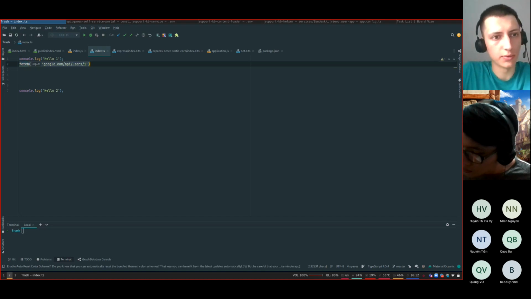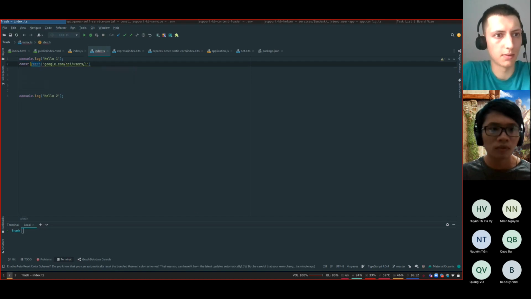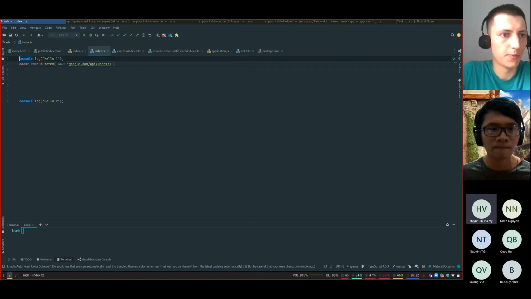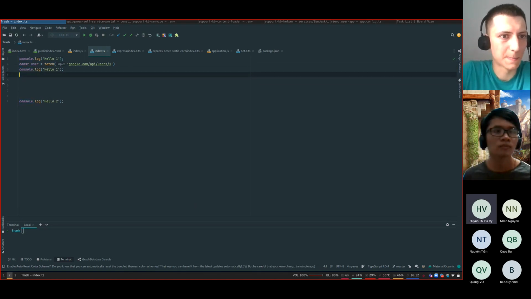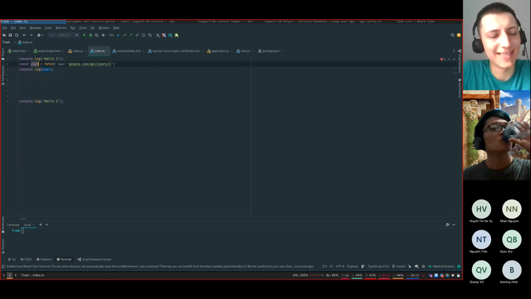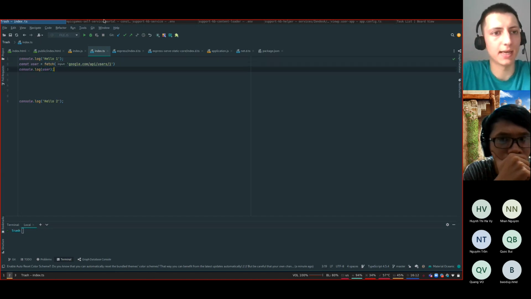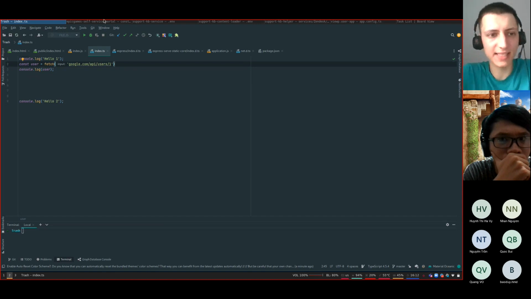When we run this code and run console log with the user here, we won't see the user object, because this request is asynchronous and we won't wait until the request is finished.